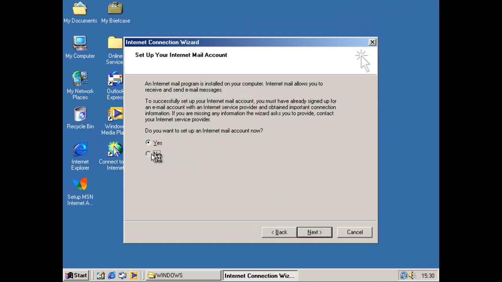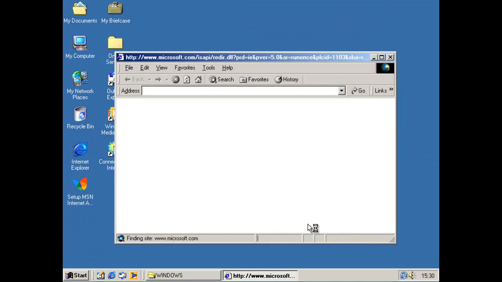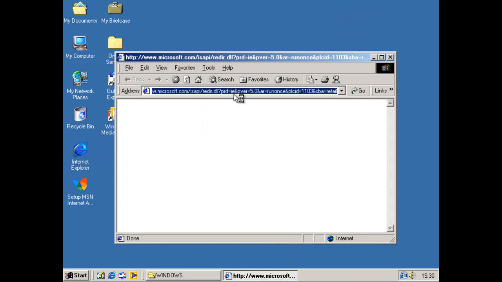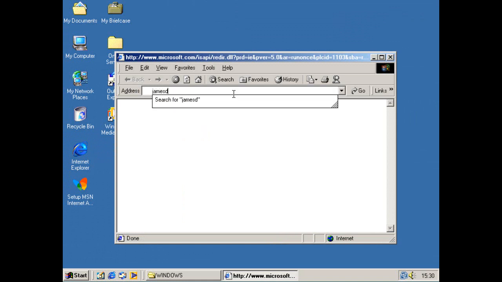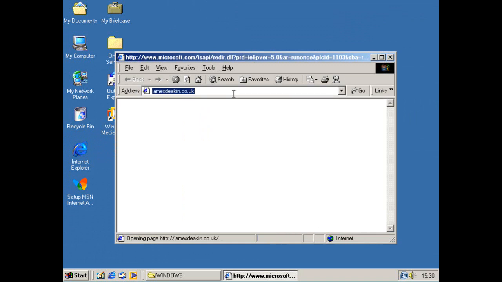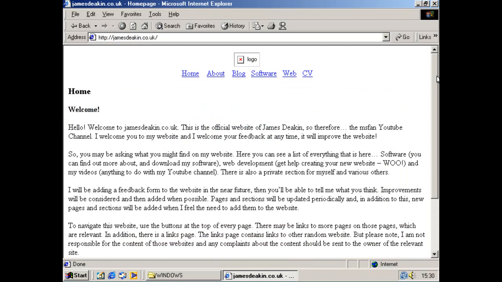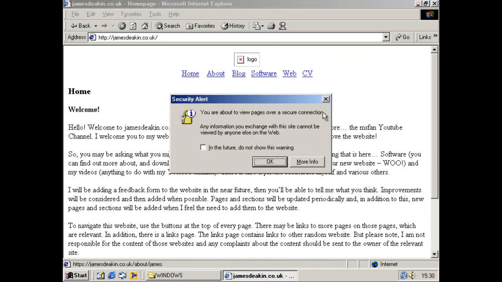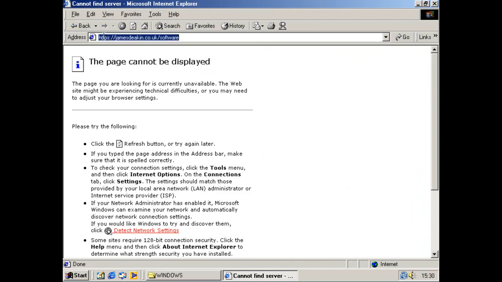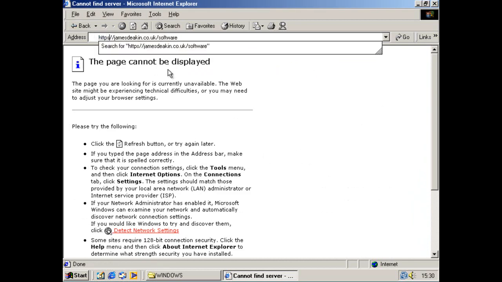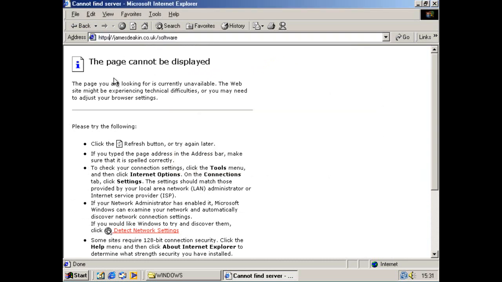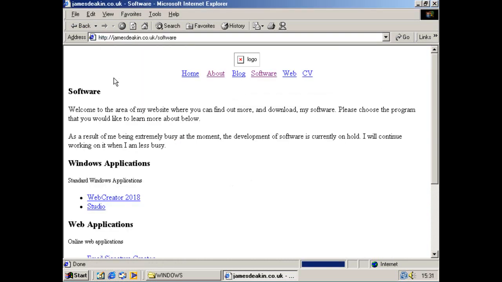Next. No. Let's just see if it actually loads anything. Let's try my website, it'll probably crash it. I believe this is 5.5. Oh, it loads it, and to be honest, the layout is actually okay on here. It's better than I thought it was going to be. CSS, I didn't mean to do that, but yeah, it doesn't like the HTTPS, but you can see it does